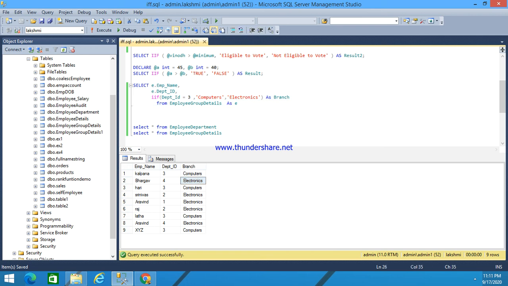This is how I have written a simple statement, so that we can understand how to place a true value and how to select a false value, and how it executes a simple if else logic. If the condition is true, it has to execute this. If the condition is false, it has to execute this. This is the simple if function, as I have explained.